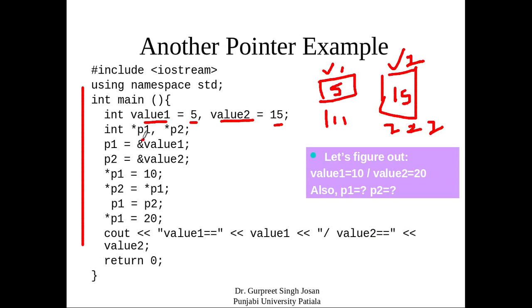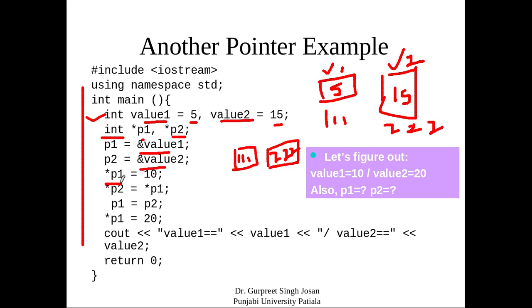Now I am declaring two variables, p1 and p2. Again in memory, we have declared two variables, one is p1 and the other is p2. Both are pointer type variables and both will contain the address of some integer variable. Because value1 and value2 are both integer variables, I can store the address of value1 and value2 into the pointer variables. So one contains 111, another contains 222. By these two lines I am storing the addresses of these two variables.